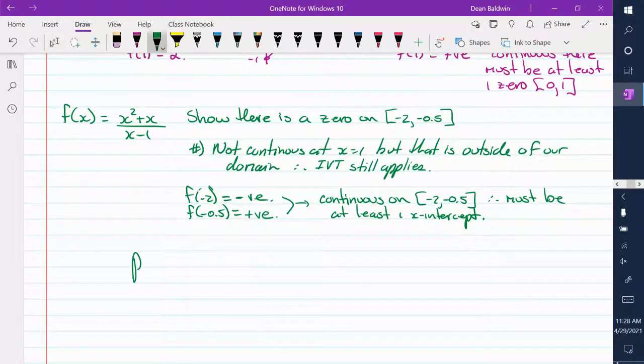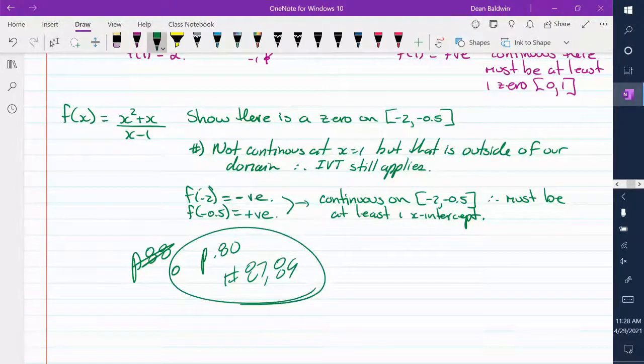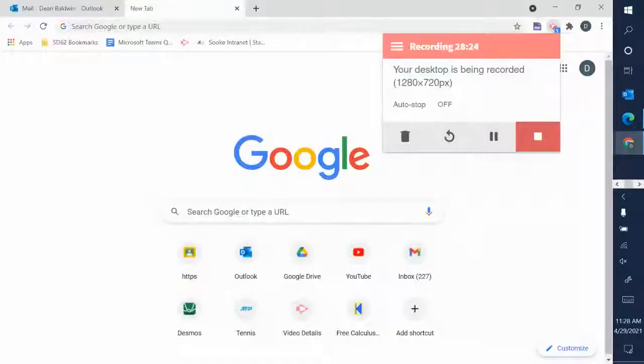The only questions are 2 questions, page 80, sorry, numbers 87 and 89. It's just practice doing this. That is it for limits. Tomorrow we will start